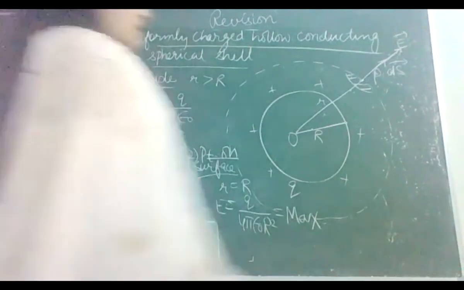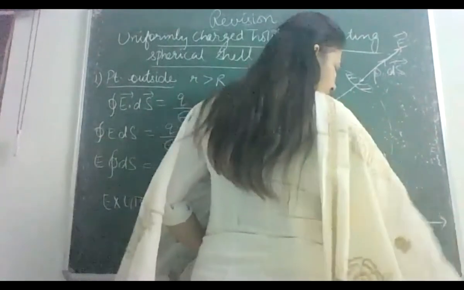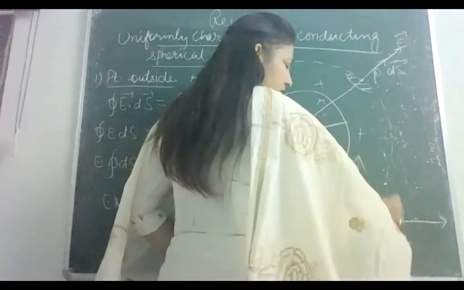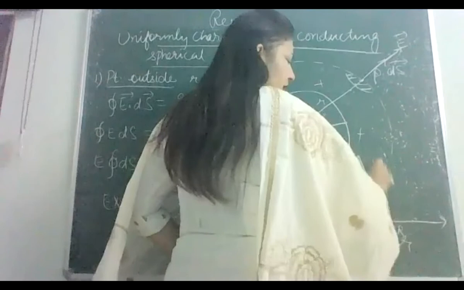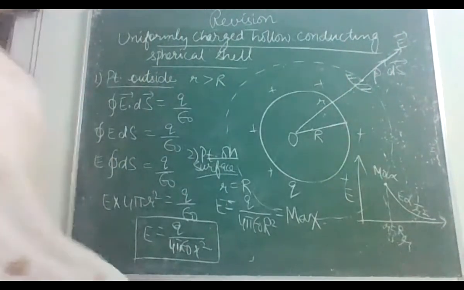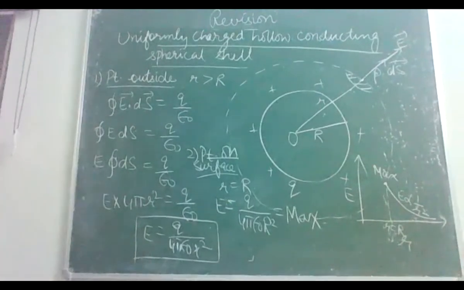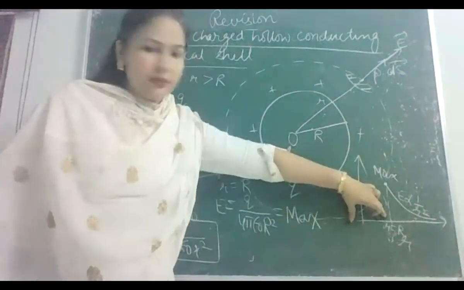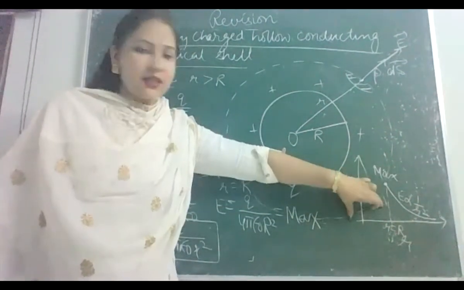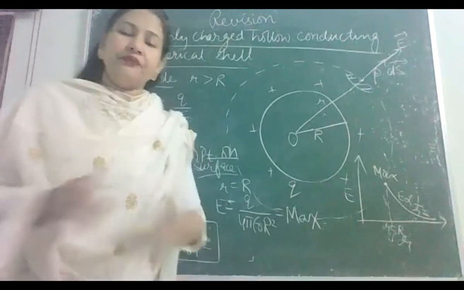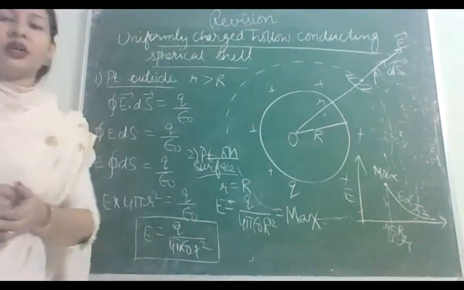So that we can plot this type of graph between distance and electric field intensity. यहाँ पहले कुछ नहीं है. Then it is maximum here at r equal to R. E is maximum. Then it is inversely proportional to r square. So this kind of graph can be drawn. This portion corresponds to inside, r less than R, and this portion corresponds to r greater than R, point lying outside the shell. ठीक है बच्चे, देख लीजिए पूरी derivation. कोई doubt है तो you can ask.